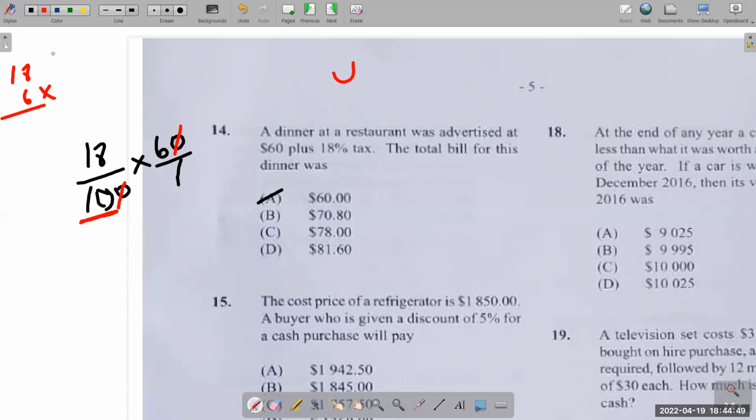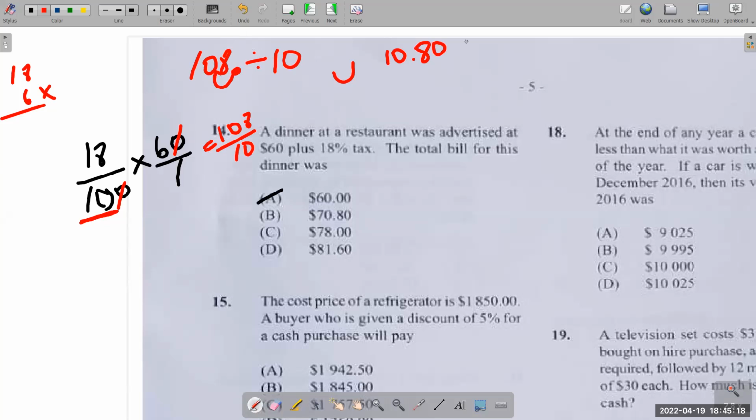And hopefully everybody could do this without a calculator. We know 18 times 6 is 108 when you calculate it. So you're going to get 108 divided by 10. What does this mean? If I have 108 divided by 10, I should know that I just got to move the point to the left once. So where do you put the point though? You put it to the back. You move it once to the left. So you're going to end up with